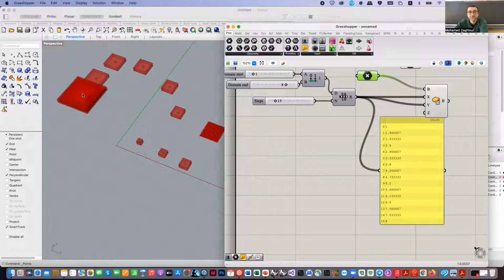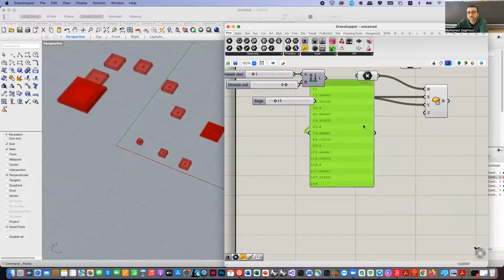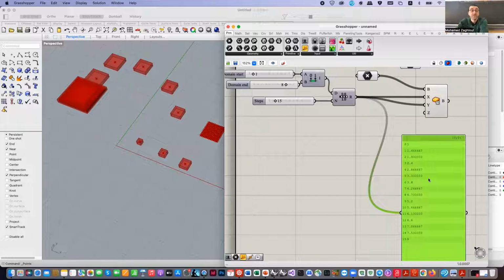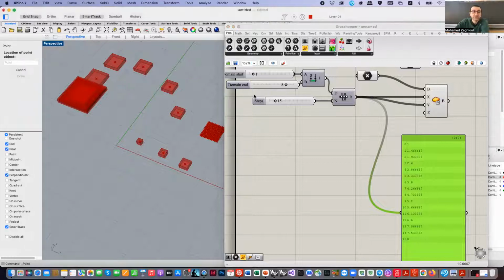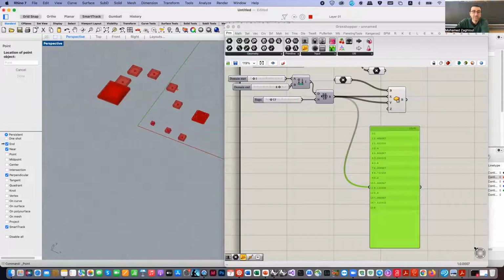Then it reaches the 9, and from 9 to, let's say, 16 or 9 to 15, all of them have the same last point in the list. If you change it and increase the amount of these points,